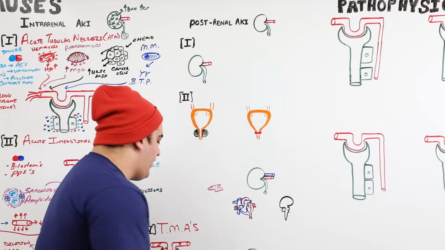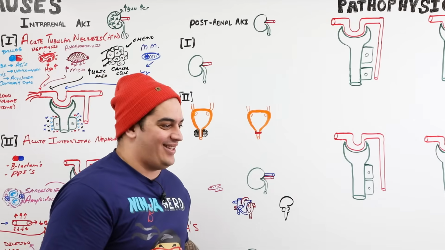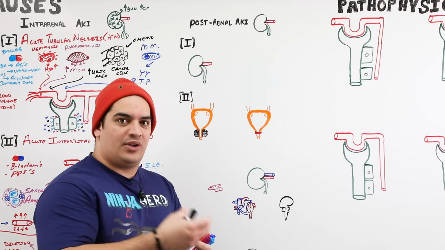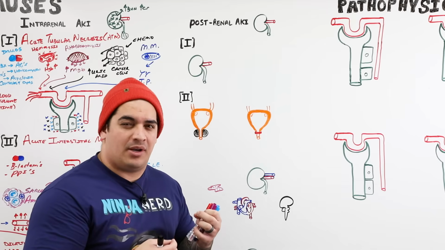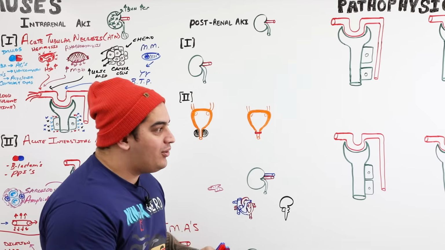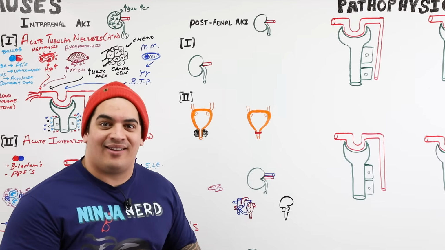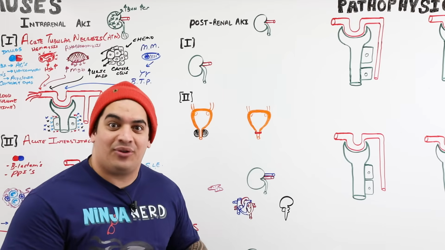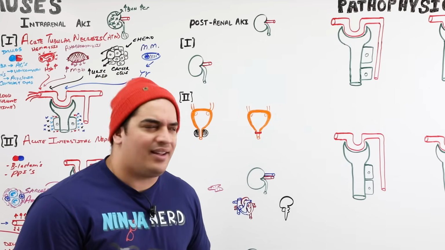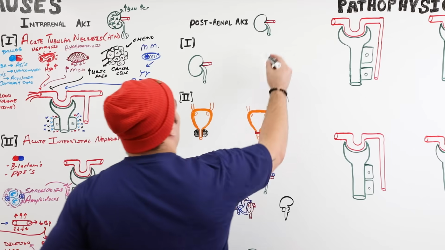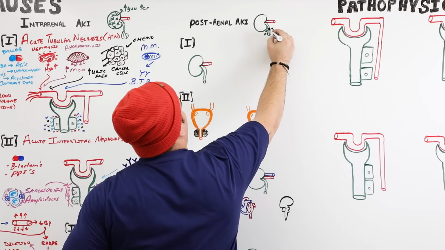All right, the last type of AKI is a post-renal AKI. So post-renal AKI is obviously, we're getting pretty good at this stuff, right? Pre-renal is reduced blood flow. Intra-renal, there's something wrong with the actual renal parenchyma. Most common is acute tubular necrosis. And post-renal, it's after the kidney. So it's most likely the ureter, bladder, prostate area, urethra, something in that part of the urogenital tract is actually being affected, okay?